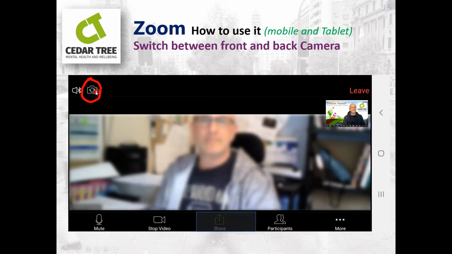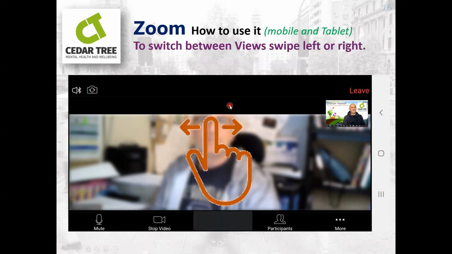And this option here, on a mobile, swaps between the front and back cameras. Okay, so also with a tablet and phone,